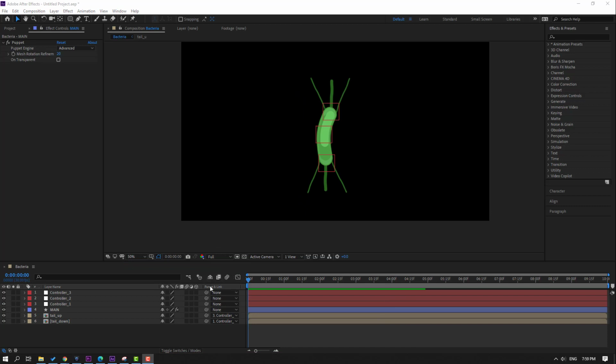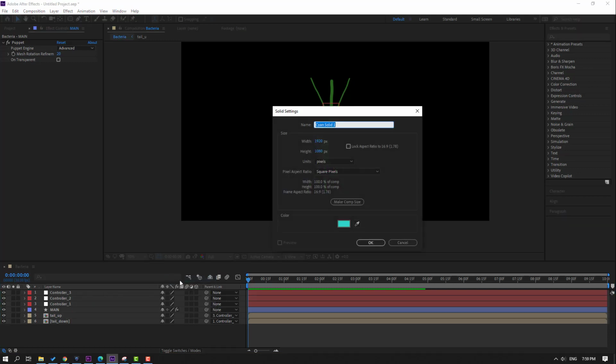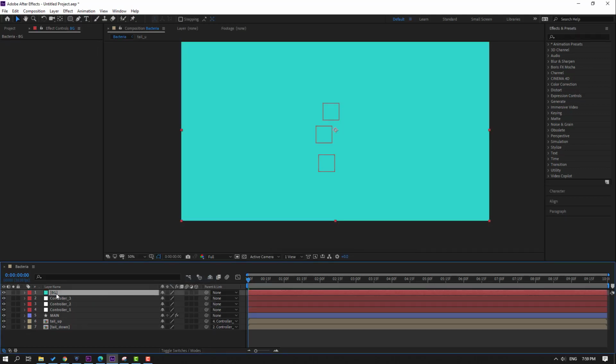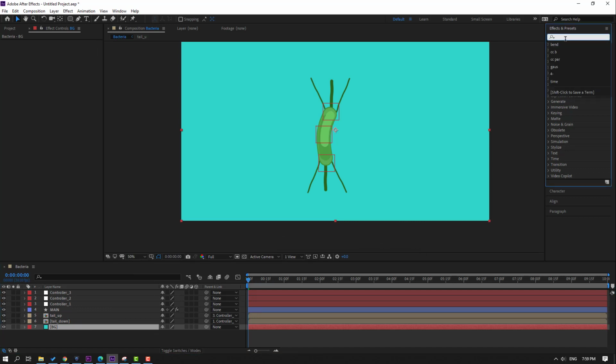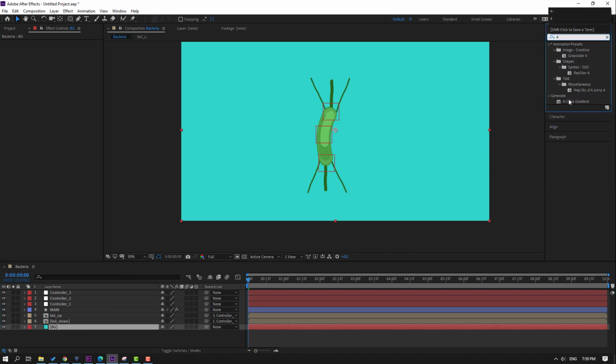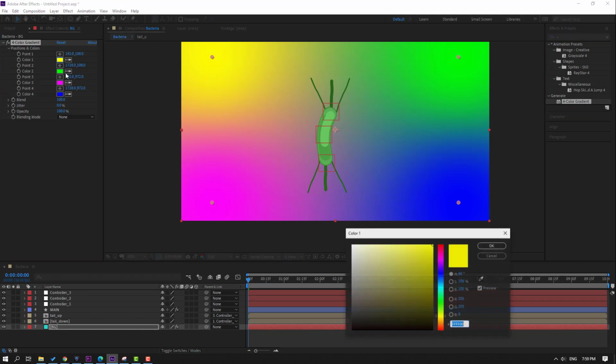So in this time, let's create background objects. Go to here, right mouse, new and solid. Add name background, click OK, move to back and go to effects preset. Let's write effect name for color. Select this for color gradient from generate folder. Let's use for this background. And open color 1. Let's select color